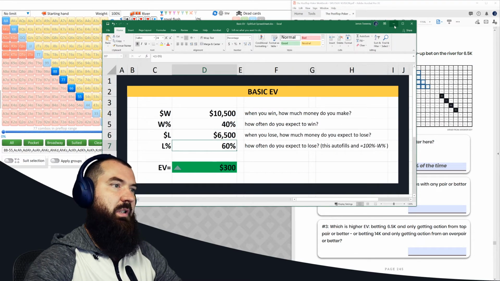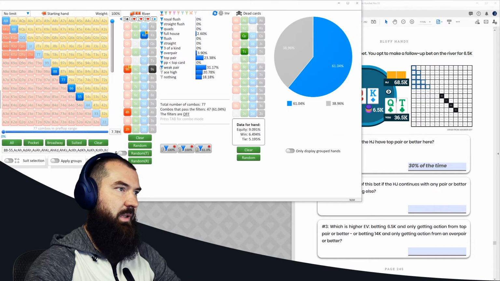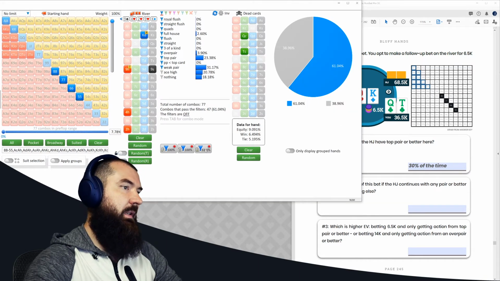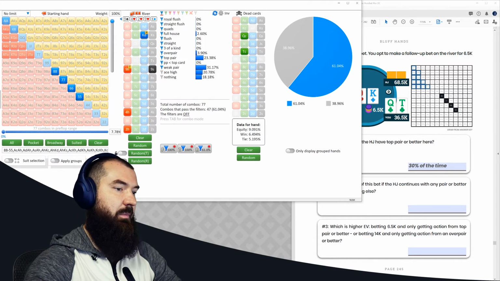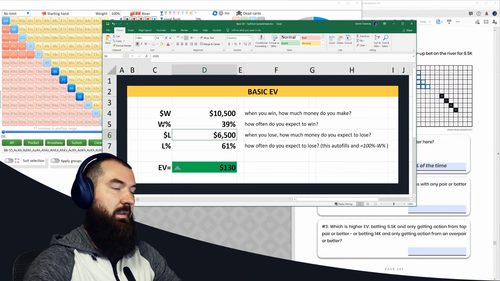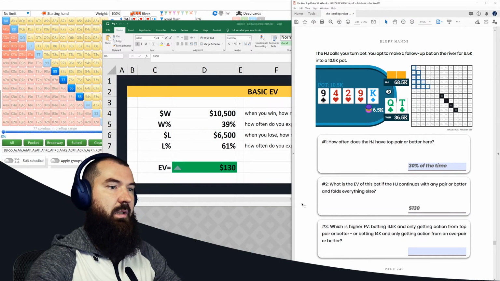Excellent. And now we just need percentage win and percentage lose. And we think they're continuing with any pair or better. So weak pair plus. And we think they're going to fold with ace high and the nothing combinations, and fold everything else. Okay, so we think they are continuing 61% of the time, which means they are folding that 39% of the time. So throw that right in there. Percentage win, 39%. Percentage lose automatically calculates because 100% minus W equals L. Perfect. And here we are. So plus EV to the tune of $130, which is...